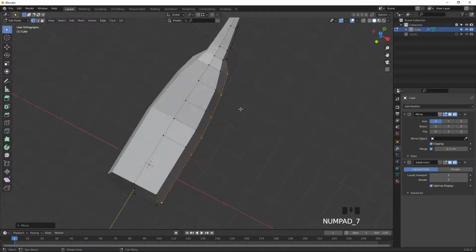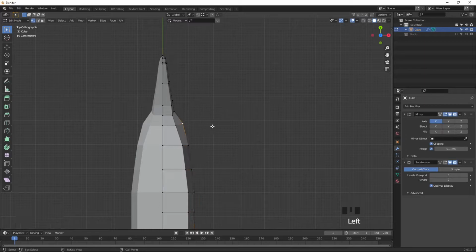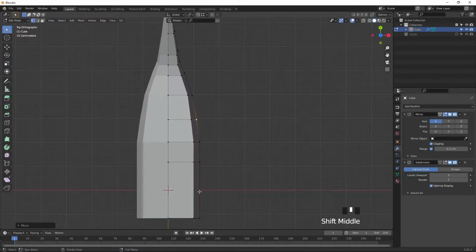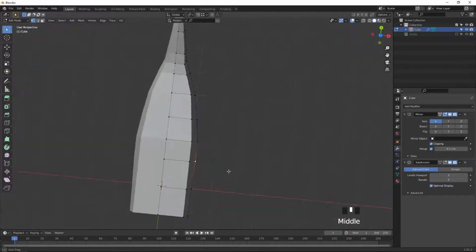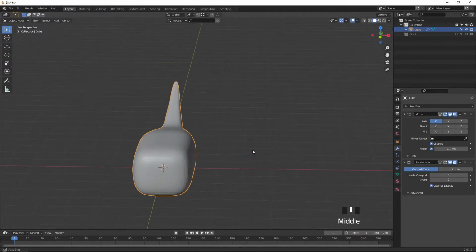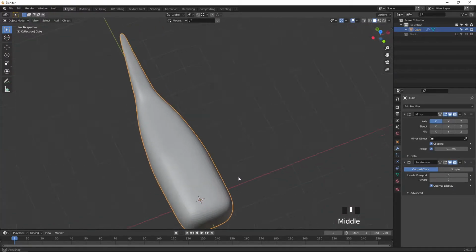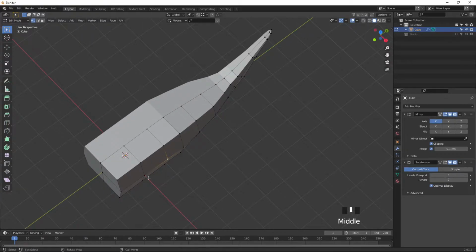Okay, and go to this angle and we have to reduce a little bit, GX slightly down, GX little bit down, GX. Okay, and we can create one edge loop here, and this, okay, GX little bit down, GX little bit down. Okay, we get one shape, but it doesn't look like what we expected.